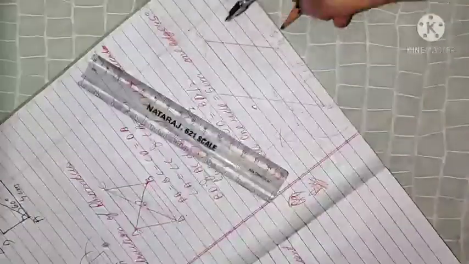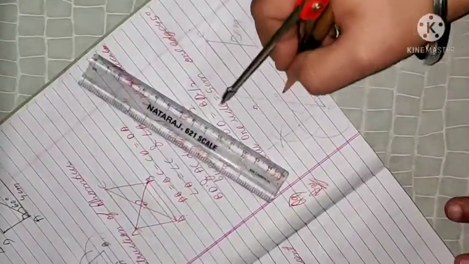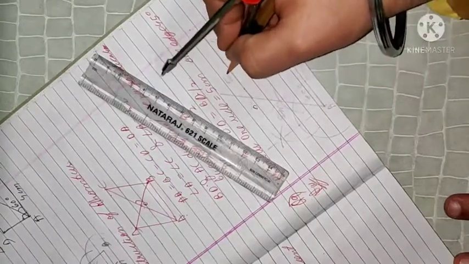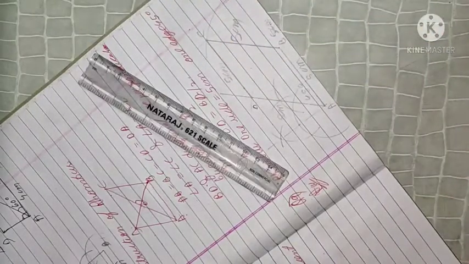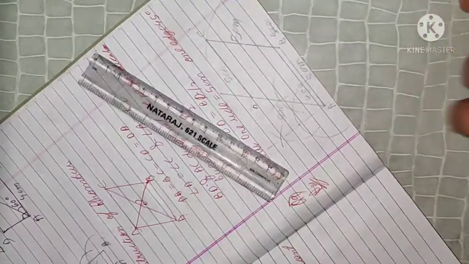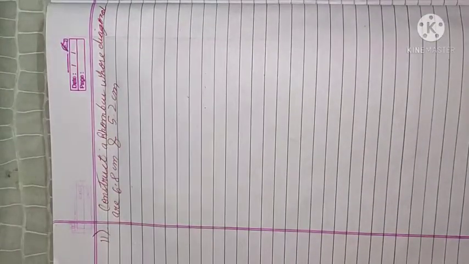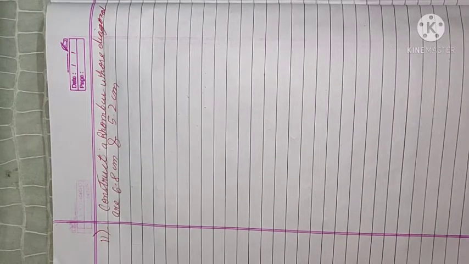So this is our point. This is 5 centimeters. This is 45 degree. This is 5 centimeters. This is also 5 centimeters. So this is our rhombus ABCD with all the sides 5 centimeters and one angle at 45 degree. So the next question says we have to construct a rhombus whose diagonals are given as 6.8 and